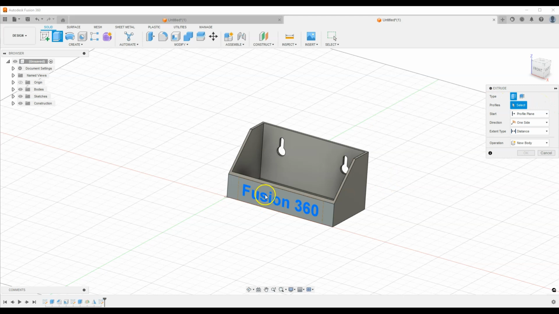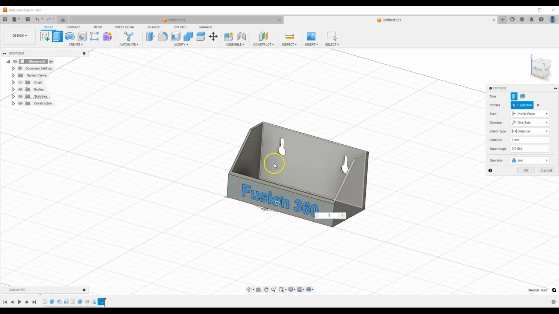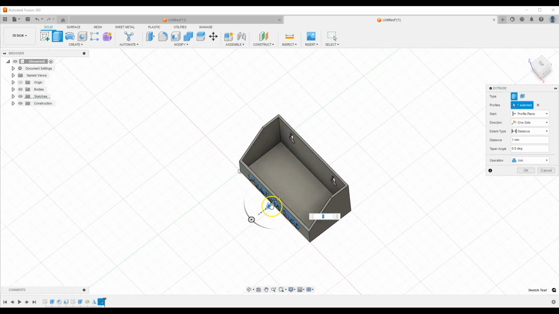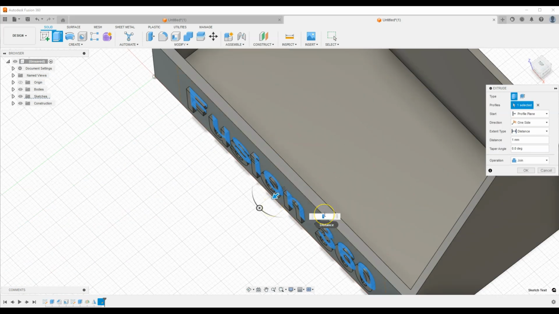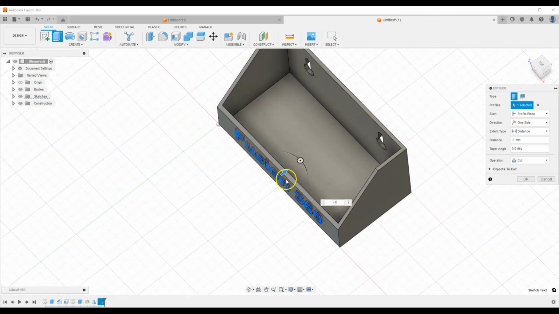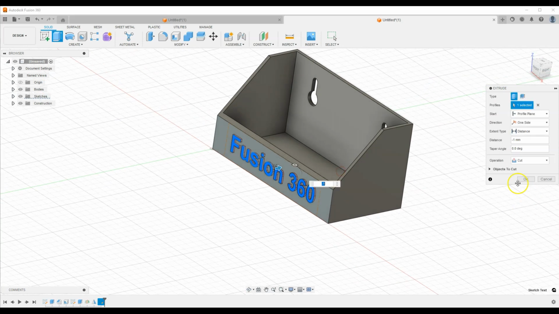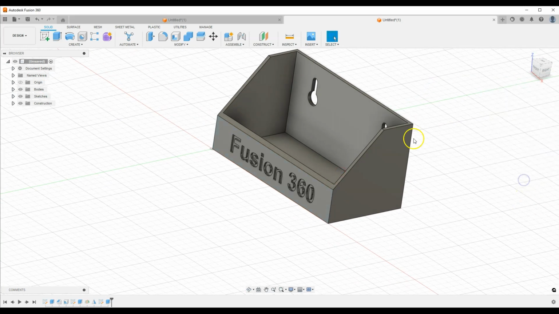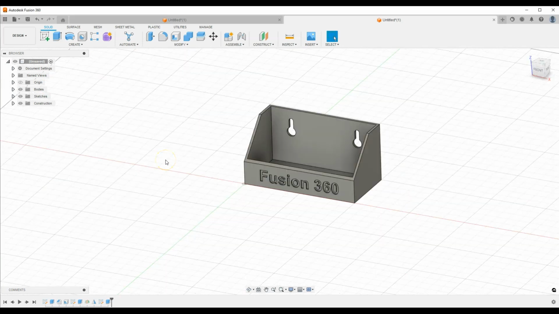select the text. And now, depending on whether you want to add convex or concave text, specify the length of the extrusion. If the extrusion is specified as a positive value, the text will be convex, but if you enter a negative value here, the text will be concave. Click OK to confirm, and in this simple way we created a pretty cool